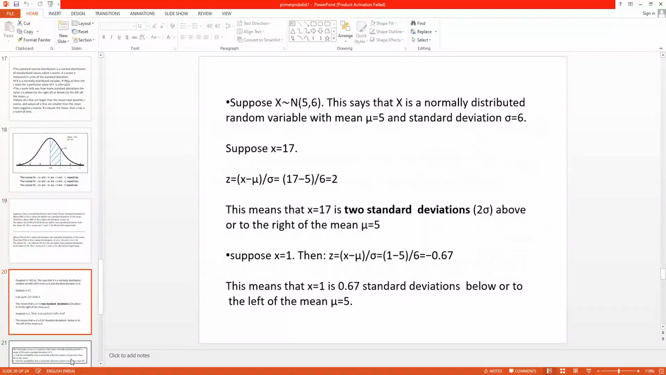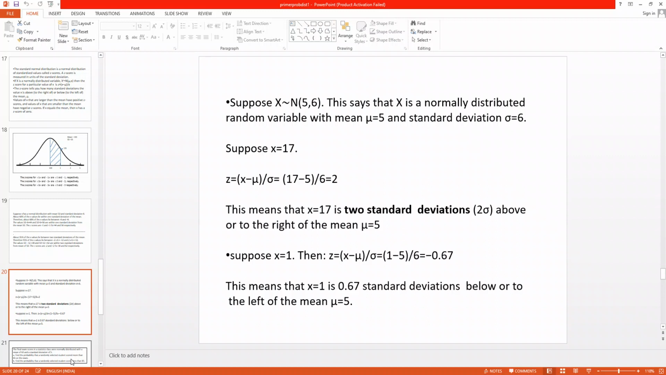So suppose x has a normal distribution with a mean of 5 and standard deviation of 6. And suppose x is equal to 17, then z is equal to 17 minus 5, which is the mean, divided by 6, which is 2. And what does this mean? It means that x having a value of 17 is two standard deviations above or to the right of the